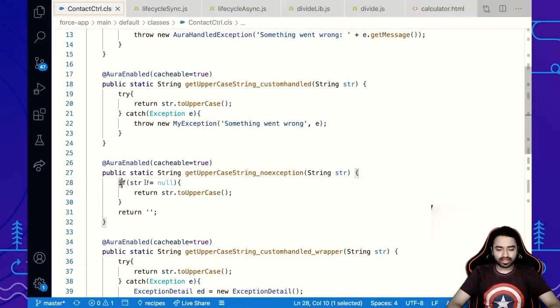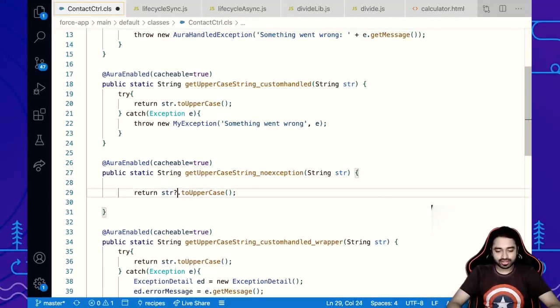Now, one tiny update that is coming in Winter 21 is you need not write this if statement anymore. We have launched what we call a safe navigation operator, which means instead of writing this if statement to check for null and all of this, you can just put a question mark right here, which says if string is not equal to null, only then execute this dot. If not, return null. So that is exactly what this is saying. So this is a much cleaner way of getting things done.